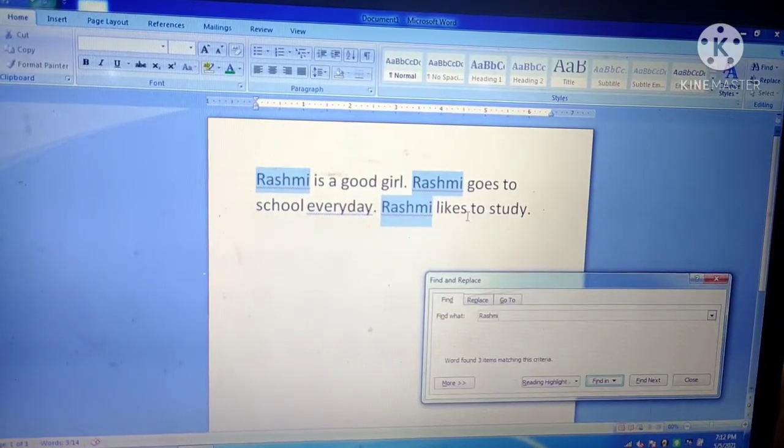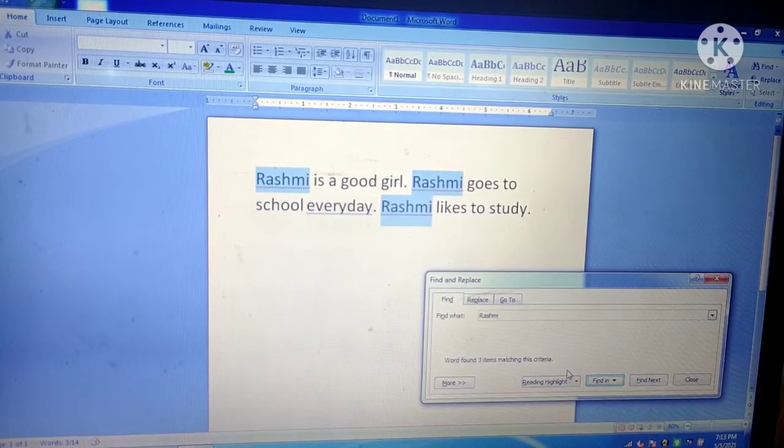You can see that in this document, Rashmi word is written here 3 times. So without finding it manually, when we use the find option to search any word, it will search the whole document for that word, and after finding, it will highlight the words in the main document. You can see here this, this and this.